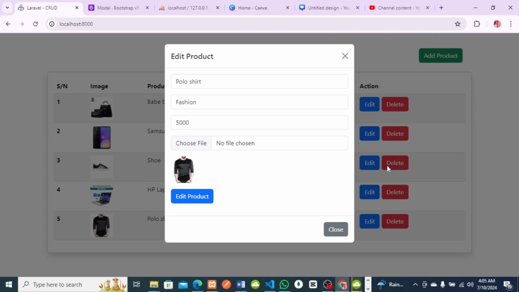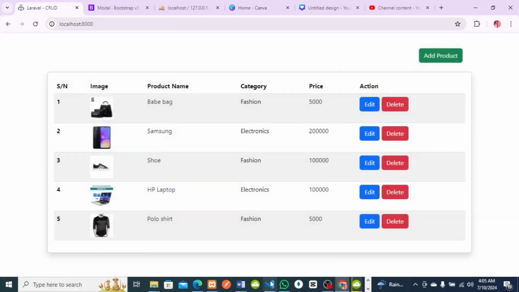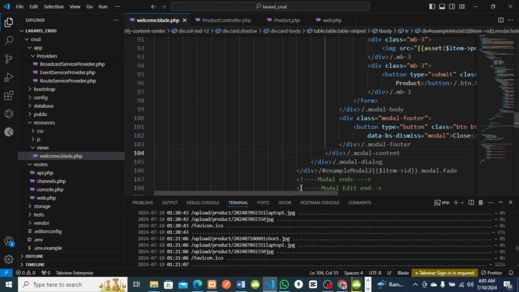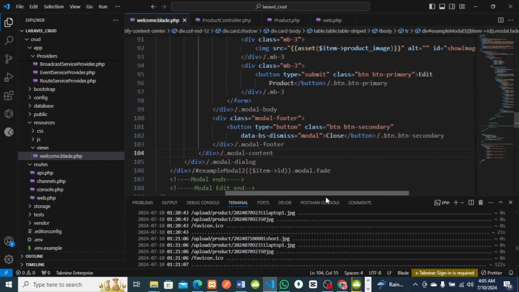Back to another tutorial. Today we want to update our products. So let's update this product. So I'll go to my Visual Studio Code and come here. This is our web. So I'll change this to update products, the button to update products,